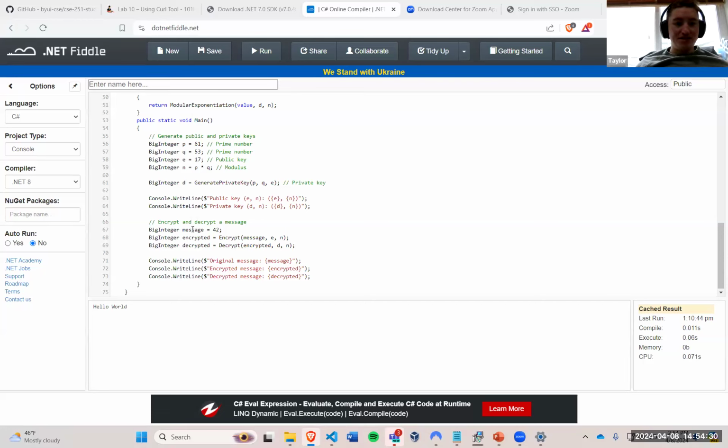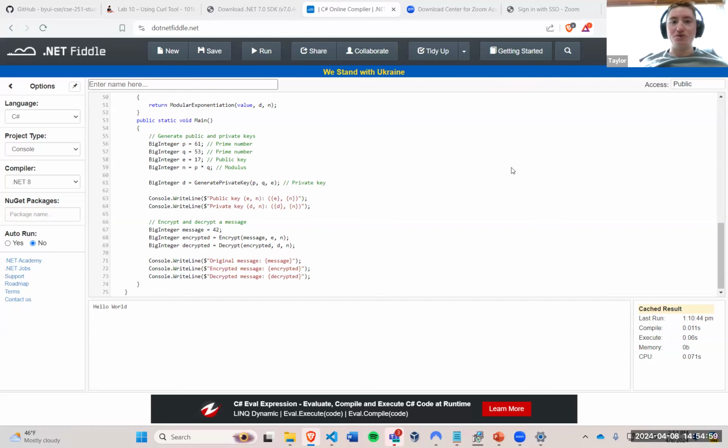And then we'll get the message, the encrypted, and the decrypted right here. So if everything is correct, we should get this as the same value. So original message should be right here, encrypted should give a different value, and then decrypt should give us the same value. Since this is a public compiler, it just has the first thing up as hello world,